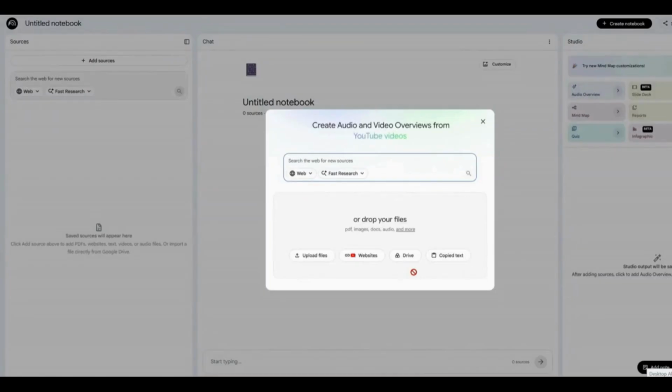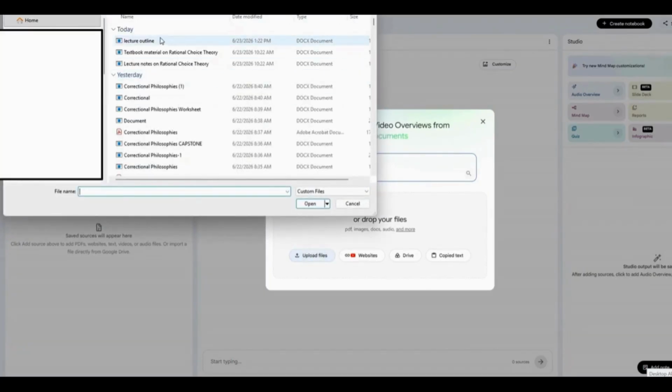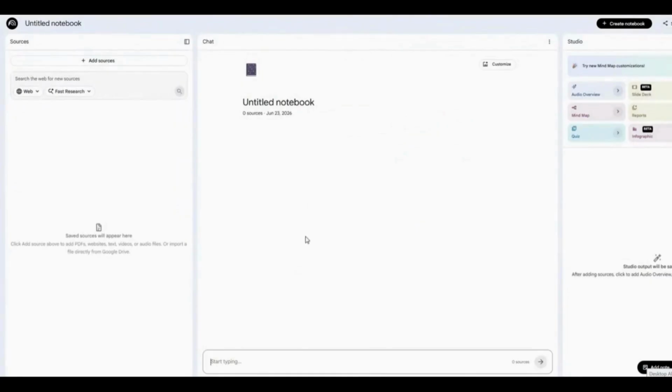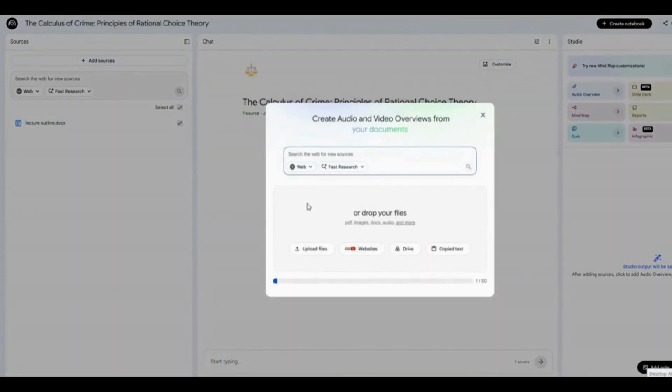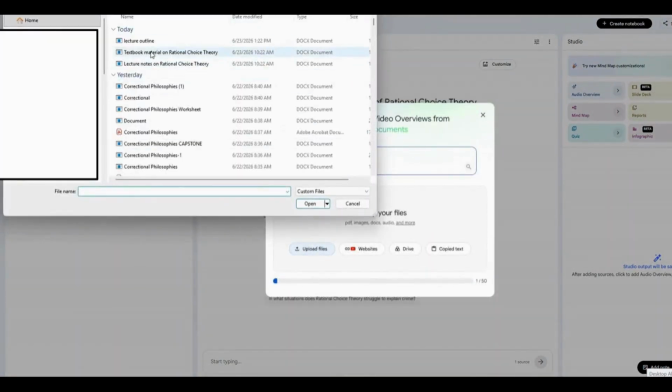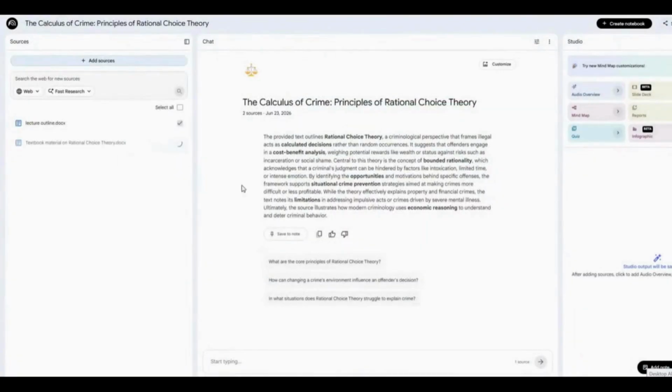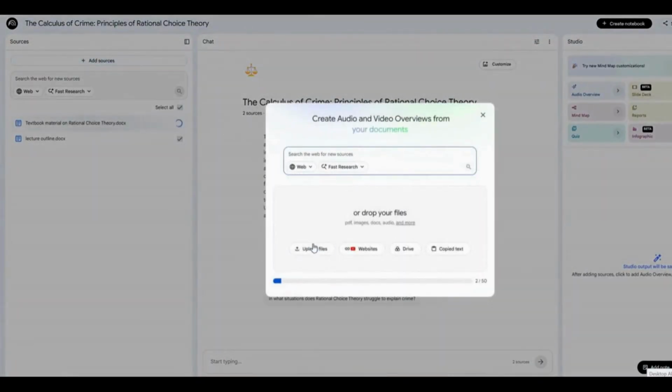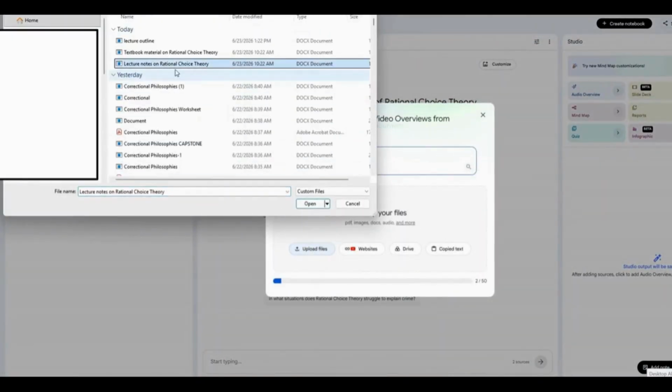Notebook LM is a free Google AI tool, and this thing is wildly underrated for educators. Watch this. All right, so here we are in Notebook LM. I already clicked up here on Create a Notebook, and I'm going to upload my lecture outline from what I already created. I'm also going to add that textbook material that I gave before, as well as lecture notes on